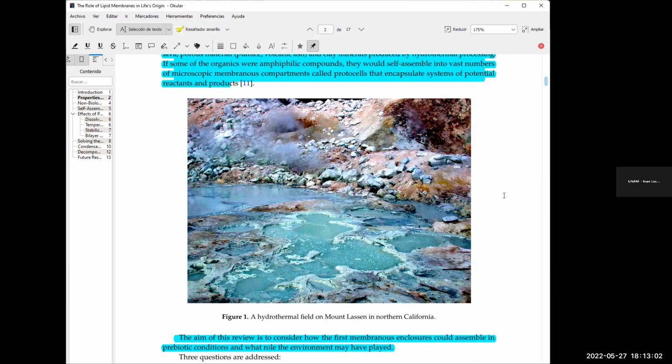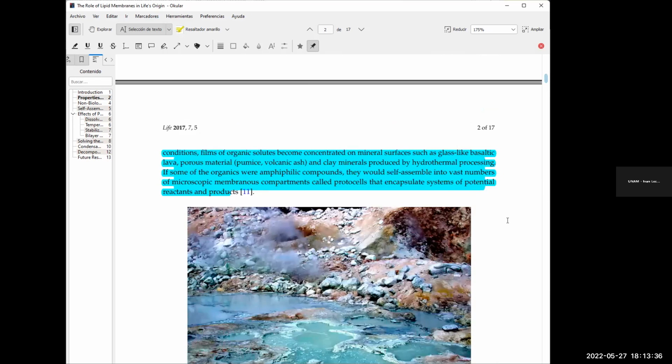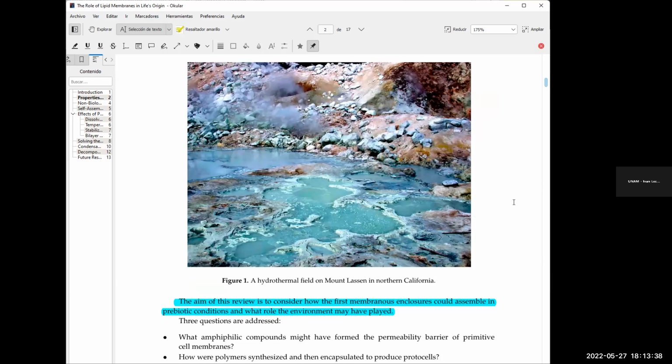This is like a lake that forms even the volcanoes in the Earth's surface. They think that this is a better place where life could arise, better than hydrothermal vents in the deep of the ocean. And I just want to address that this kind of papers emphasize that the main